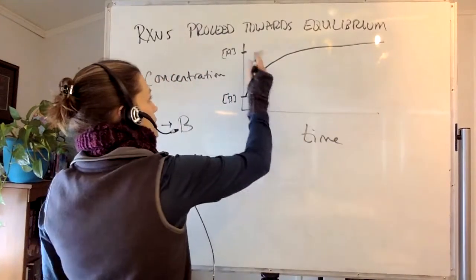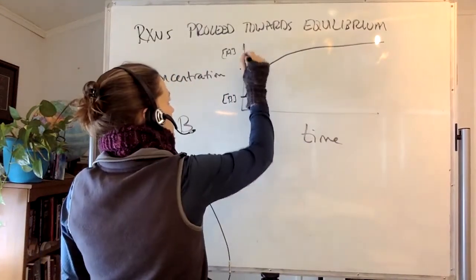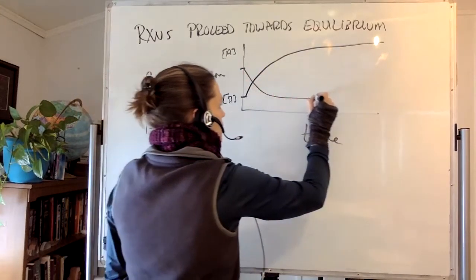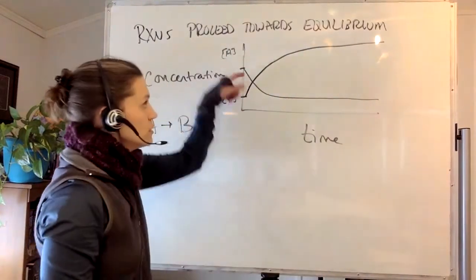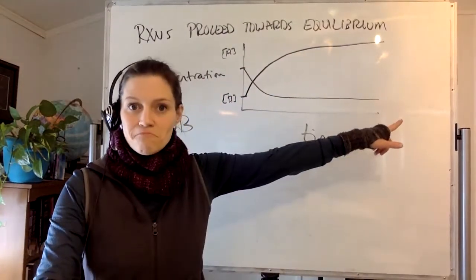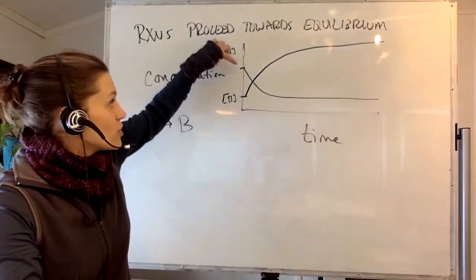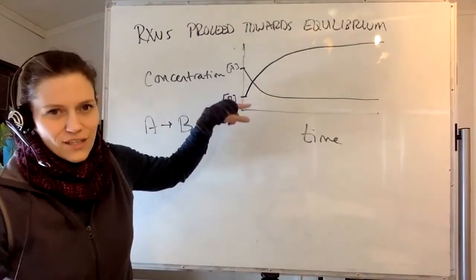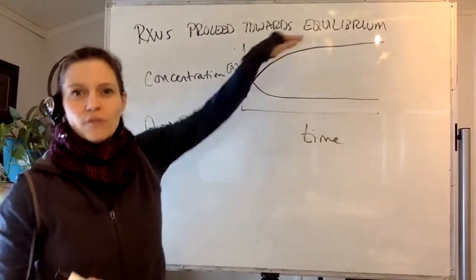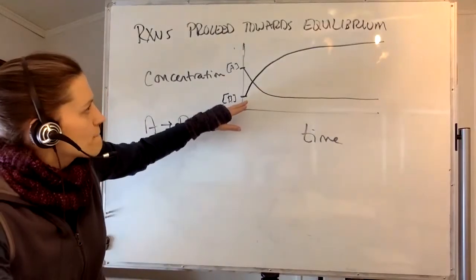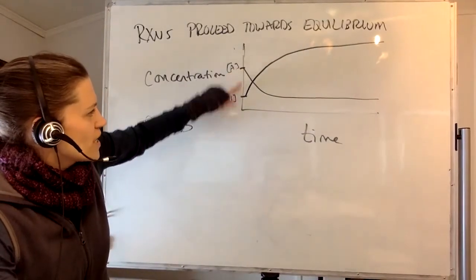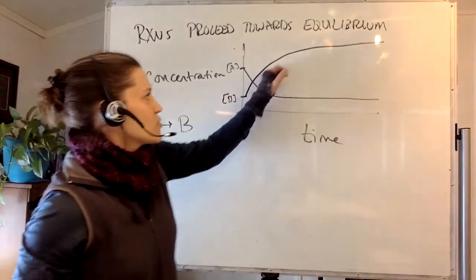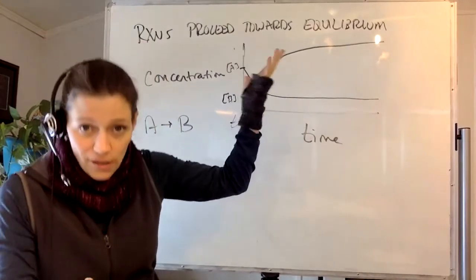Cool. Likewise, and actually, I'll start here. So then I can say, well, I'm going to decrease the amount of A that I've got, and then it's going to turn into some amount of B. Okay, so I'm going to lose some of the A. And I moved it down just because we're not guaranteed that the concentrations would be the same, that B would become the concentration of A. Okay, so this would be the initial concentration of A at time 0. This would be the initial concentration of B, and there's this gradual change, or steep change, depending on the reaction,